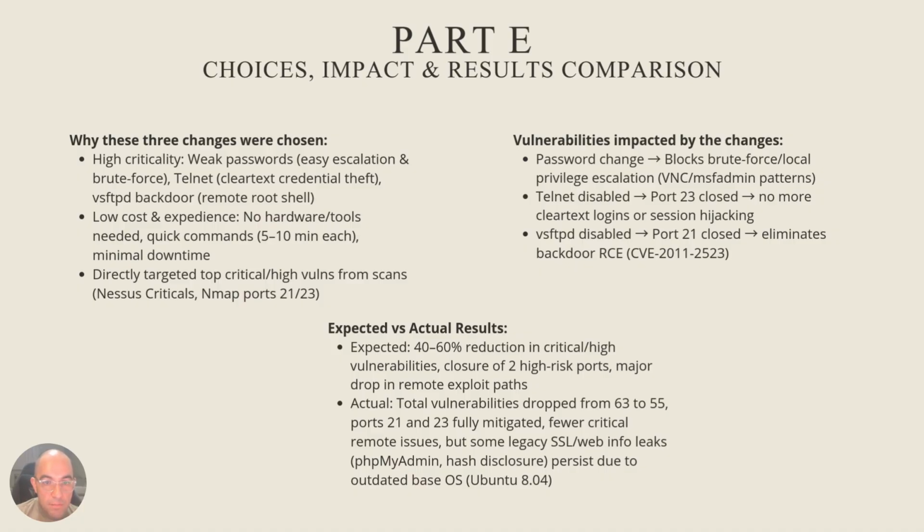They directly impact the password chains and prevent brute force attacks. Disabling Telnet closes port 23 and eliminates clear text login risk, and disabling vsFTPd removes the backdoor on port 21, blocking the critical